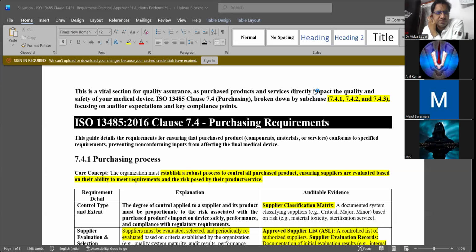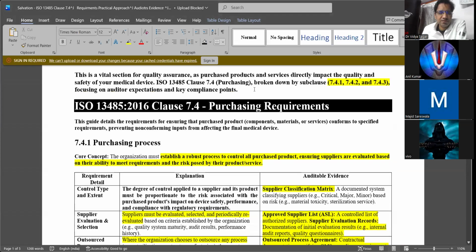Though it was mentioned in ISO 13485 that this clause is very important, in the MDSAP documents they have mentioned that it has an indirect impact. This clause is subdivided into 3 sections: 7.4.1, 7.4.2, 7.4.3, which are all related to purchasing requirements only.